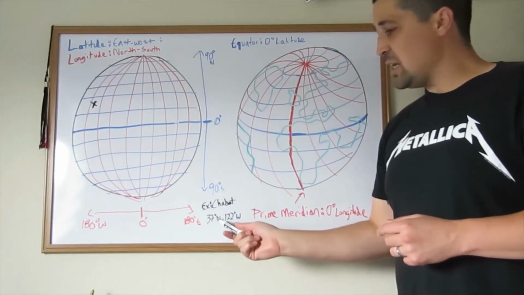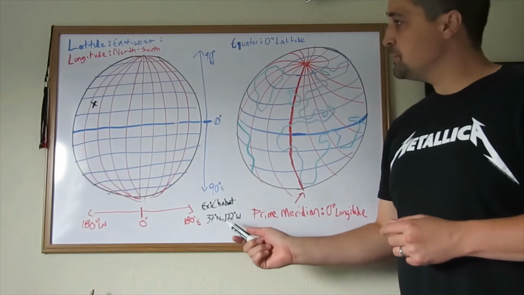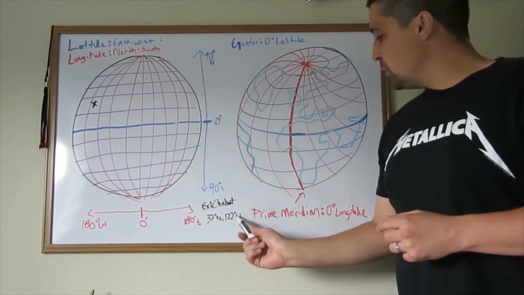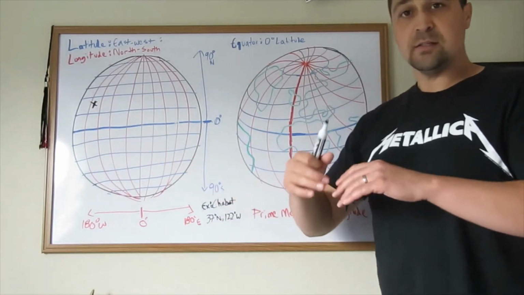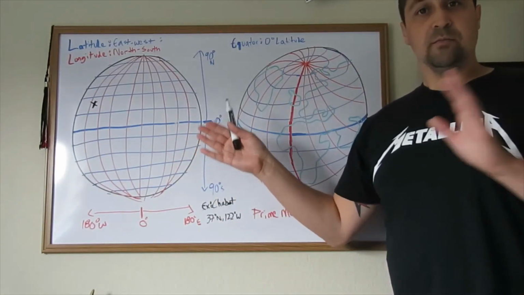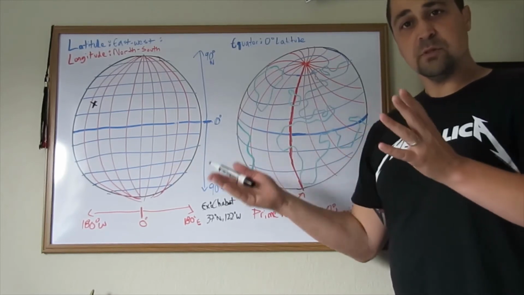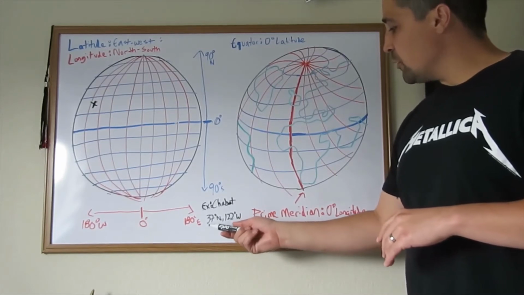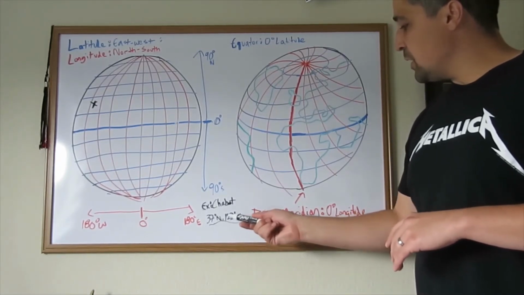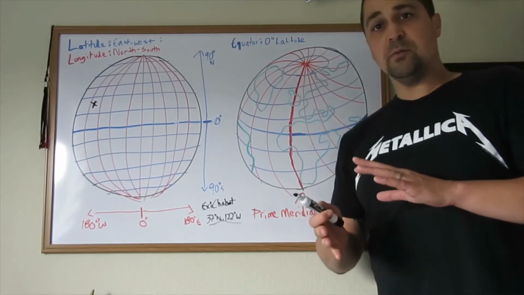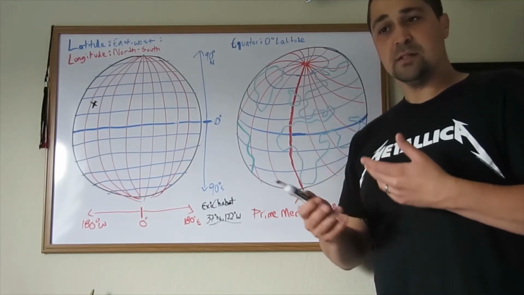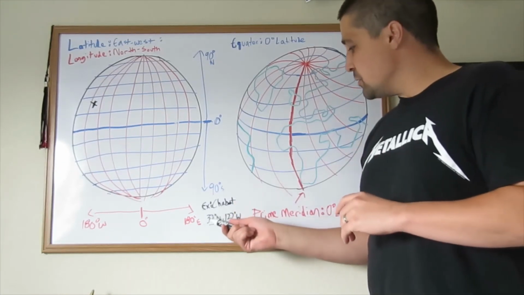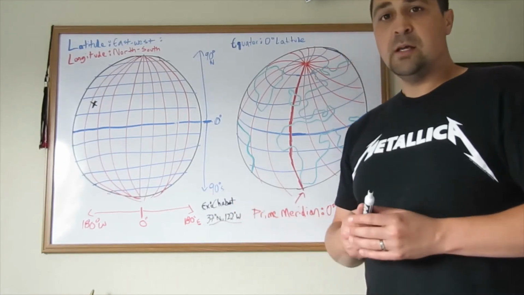Okay, so I put 37N, because it's north latitude. Okay, so 37, and it's in the northern hemisphere. And then imagine it's 122 degrees west. I know, again, this is kind of an arbitrary drawing I've got on this board, but just follow along with me. First thing, we have to make sure that if we were going to write this out, latitude first, comma, then longitude. It would never be the other way around. That just doesn't make sense terminology-wise. So something like a Chabot College, you could say 37 degrees north, 122 degrees west,